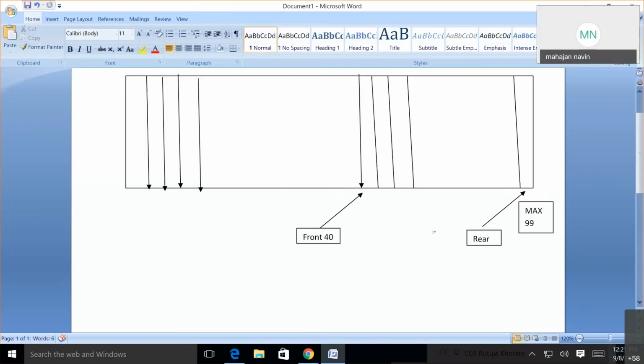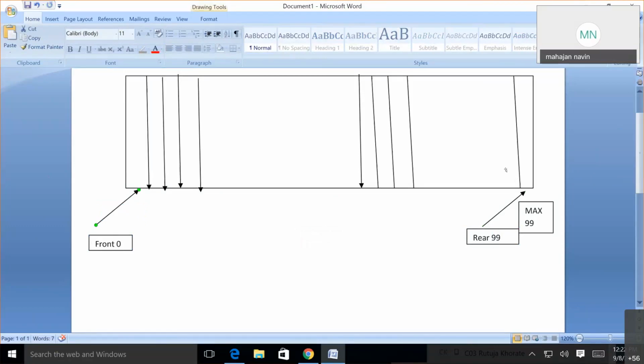Now there is one way of doing this. What is that? You always keep the front here, and say initially 100 elements are inserted. Front is pointing to 0, because front is always 0. That is the starting point, and rear is pointing to, say, 99, the last element. What will happen when you remove the first element from the front? In that case, all the elements should shift to the front. So rear should come to what? 98. But this is costly.